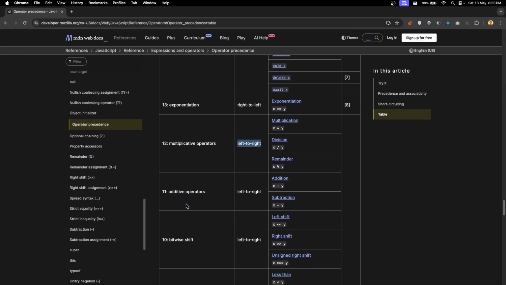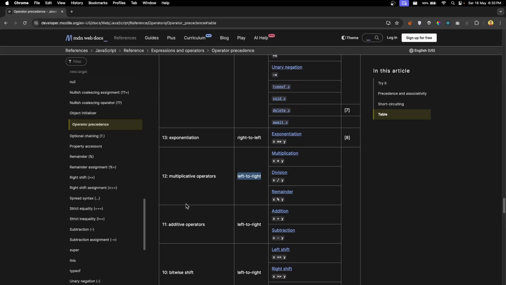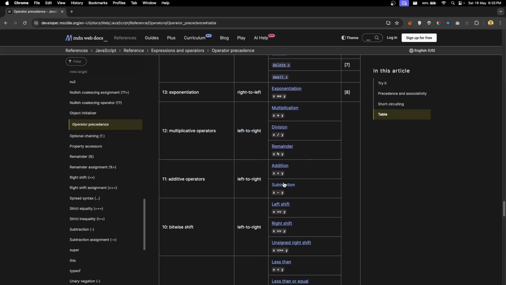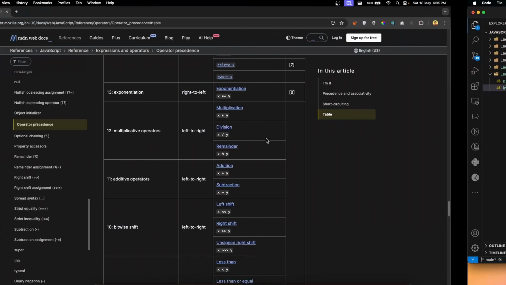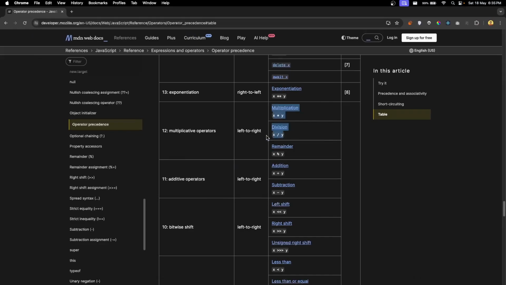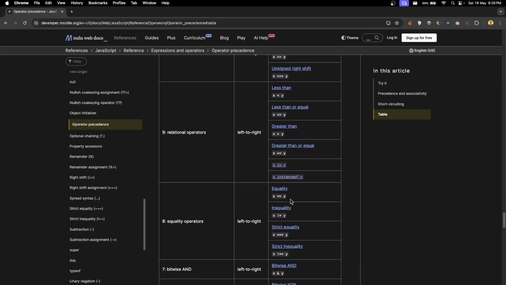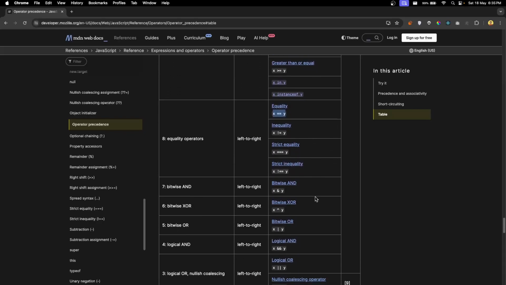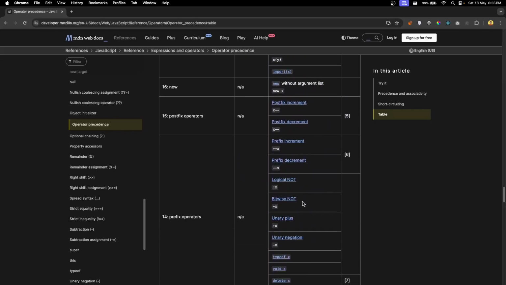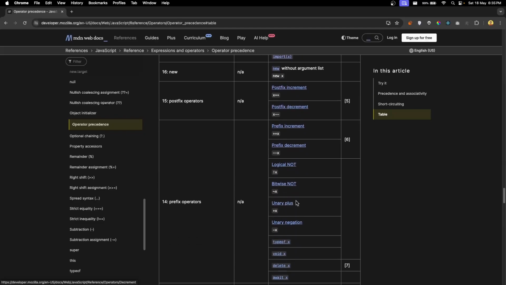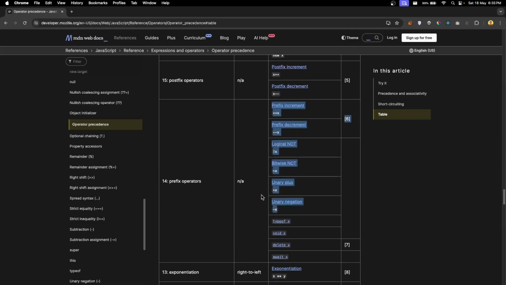Now, if you see over here, the highest precedence would be held by the division operator. So you have to first solve that, and then you would solve this subtraction operator, and then you would solve the equality operator. Also, one more thing here, you should remember that this operator, -1 unary negation, is different